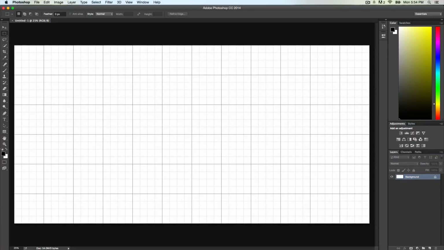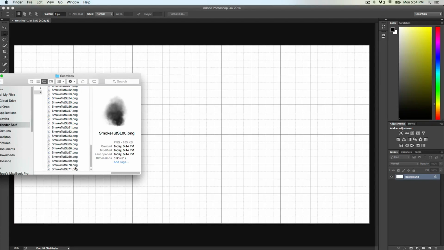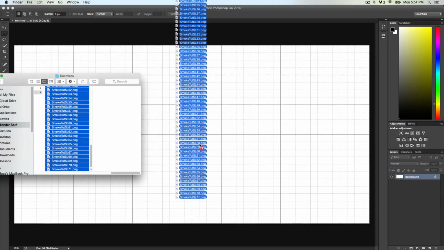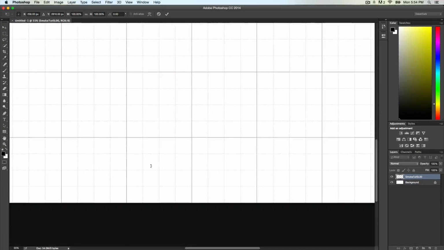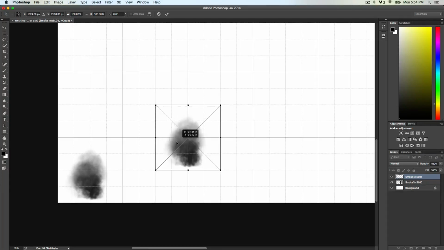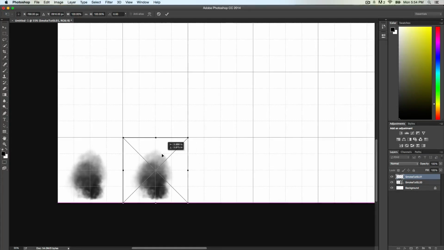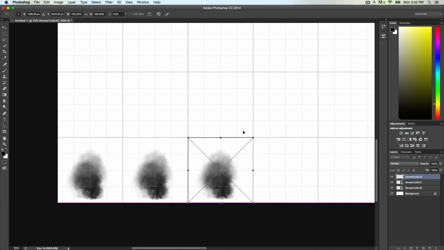So what you'll do, if you're using Photoshop, the easiest way is to drag all of them in. Just grab all your frames here, just drag them in, and you're gonna have to place the first frame of animation. It's better to zoom in and place it. So our second frame comes in, place it on the grid. Next frame comes in, place it on the grid.